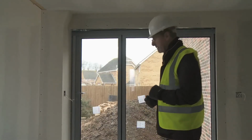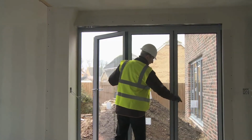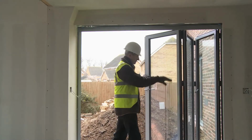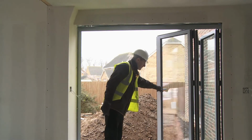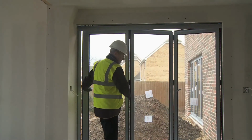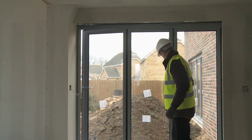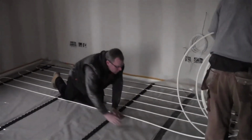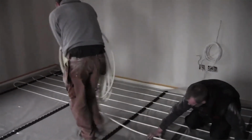of the kitchen. So what's great about these Sunfold sliding doors is they're a bifold door, and by operating the handle here, they will slide completely out of the way, open right up, obviously make a nice feature when we walk out onto the patio when it's eventually finished. They're an aluminium door, thermally broken. They've got an anti-trap type of seal on there. Work very nicely. So upstairs, as we speak, the new underfloor heating pipe, a 14mm tube, is being installed by